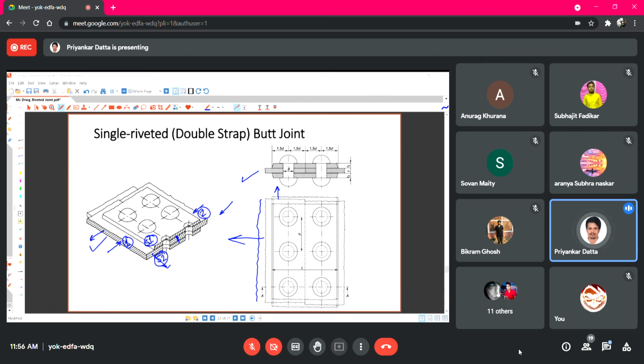If you have any other question... So between welding and riveting, which will be stronger? That will depend on the cost, and also on the application. It will depend on everything, but strength wise, it depends on how much material is deposited and what type of welding is used. Actually, welding types are different.